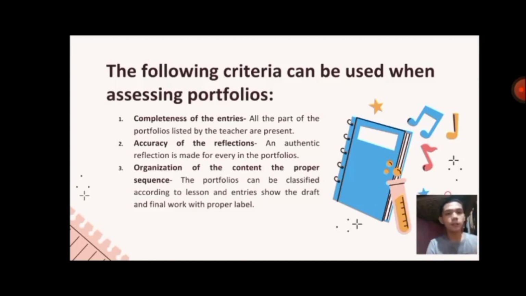So the third is organization of the content, the proper sequence. The portfolios can be classified according to the lesson, the entire show, the final work. So if whatever you really put in there, it should be only that. For example, math portfolios can be classified, for example, math, so that